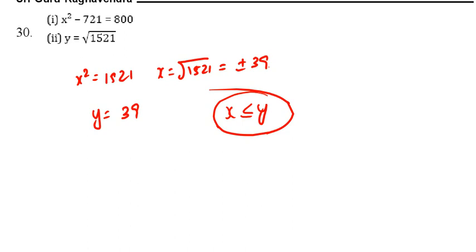So how is the difference? This will be 12 square minus 2, this will be 6 square minus 2, this will be 4 square minus 2. 4, 6. Now the next number should be 8 square minus 2. That is 62. So 81 plus 62 is 143. So which is the correct answer?